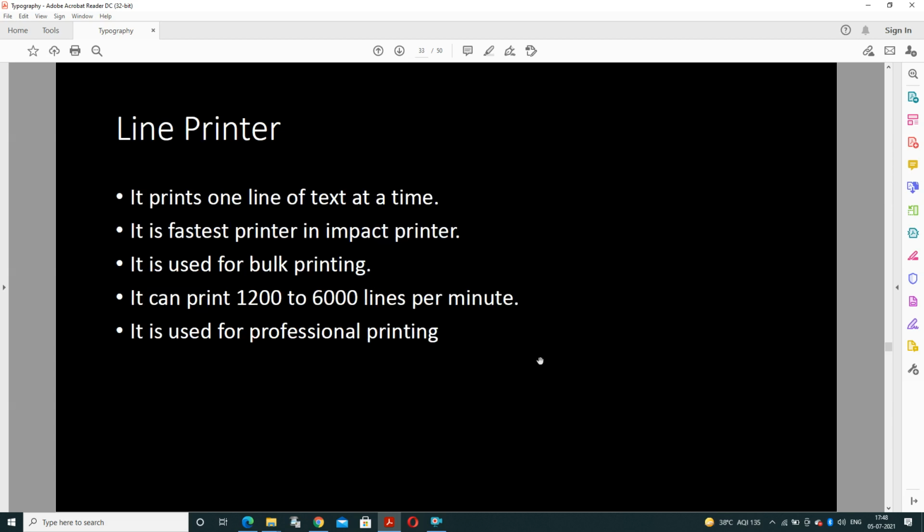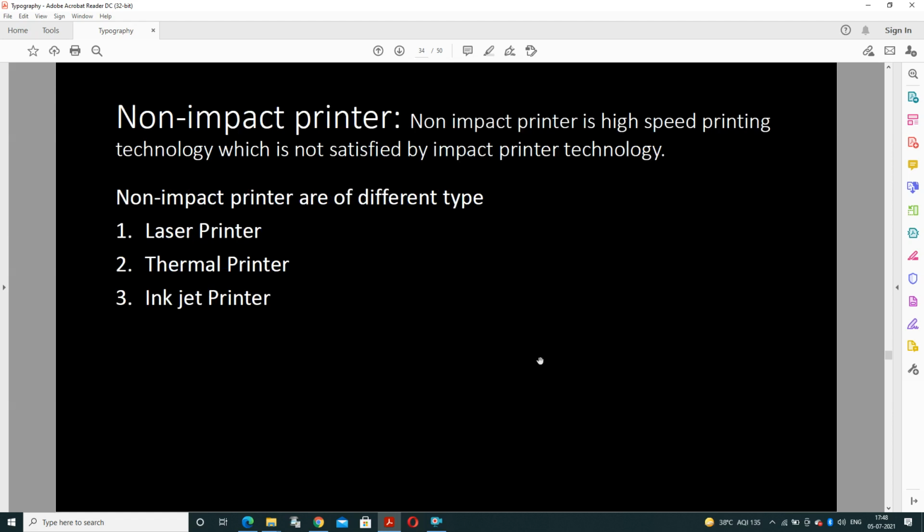Speed is very low. A line printer can print one line of text at one time. It is the fastest printer in the impact printer technology. It is used for bulk printing, and it can print up to 1200 to 6000 lines per minute, and it is used for professional printing.